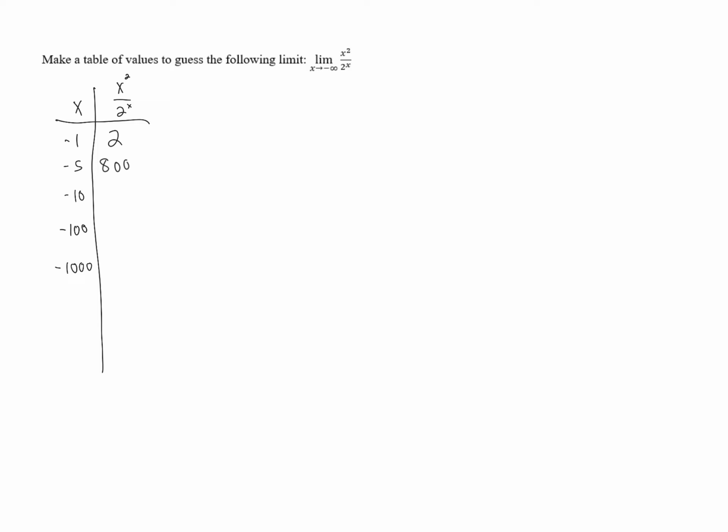When we plug in -10, we end up with 102,400. So very different results than we had when we were looking at the limit as x approaches positive infinity. For -100, when we plug that in, my calculator's not giving me this in scientific notation. I'm using an online calculator, so I end up with